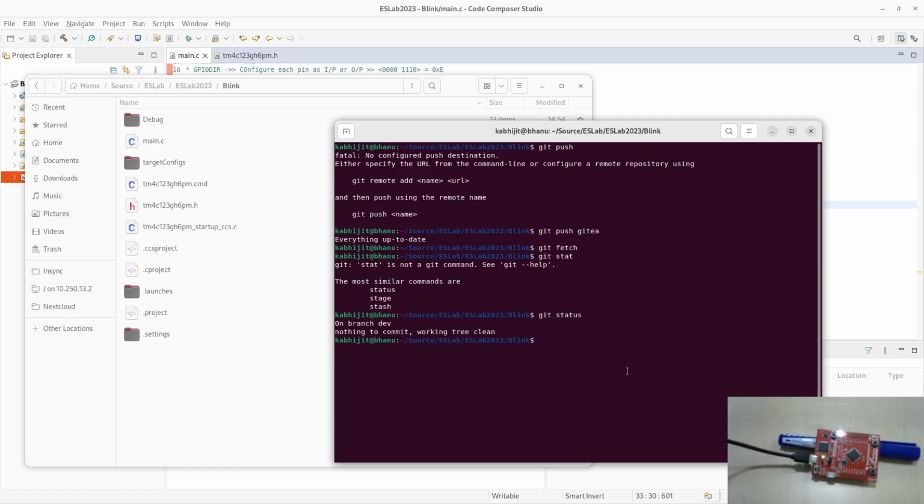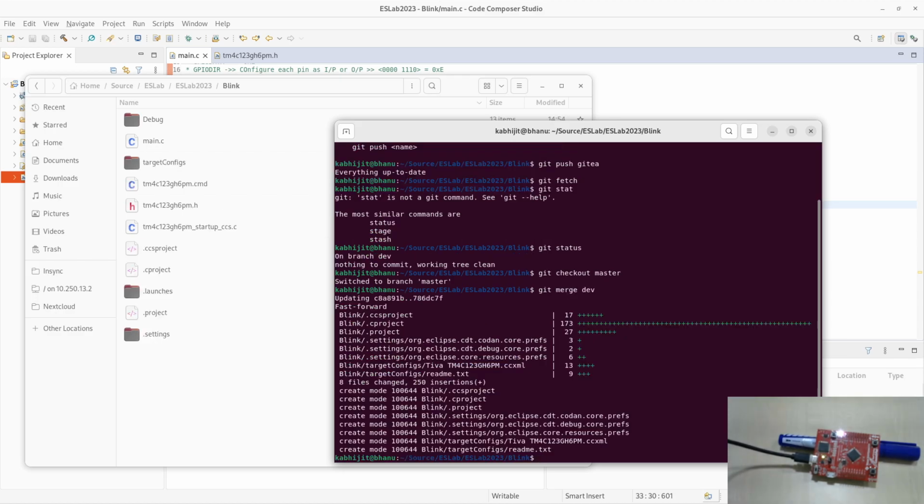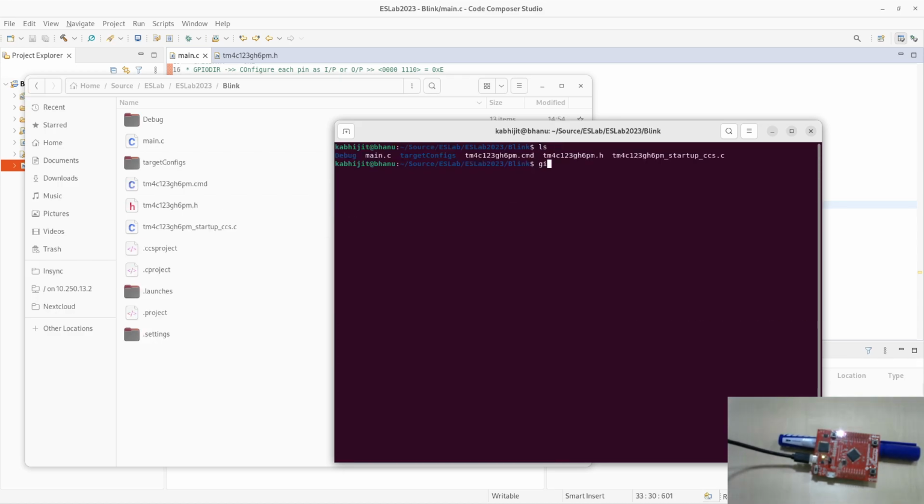The only thing remaining now is to go back to our master branch and merge this branch in. So there we are. That's pretty much how you make sure that you are tracking all the correct files in Git